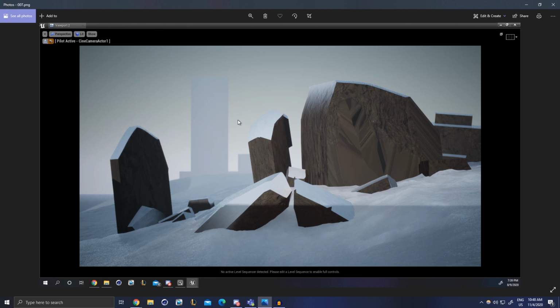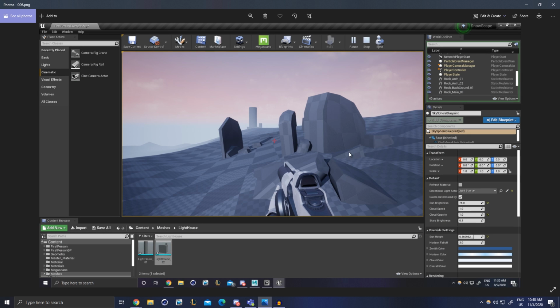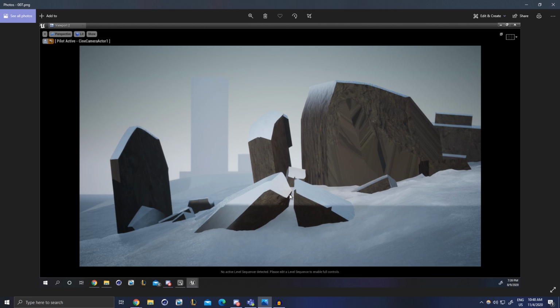Moving ahead, this is the first real development as far as look dev or whatever you want to call it. I've gone ahead and made a landscape material for the landscape that we made in the previous part. There's a million tutorials on this, so I'm not going to cover that. But I just made a basic landscape. This material here is nothing too special. I believe it is at this point just a material with some textures plugged into it, so there's no blending of any kind.